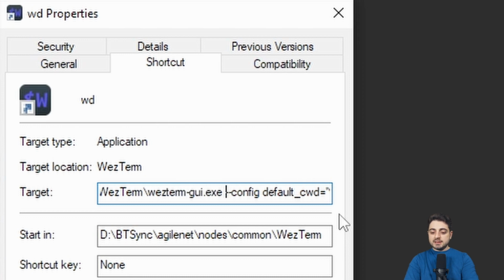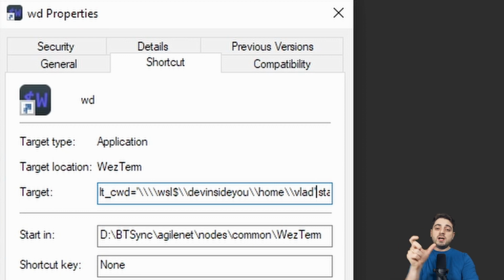Okay, and after this, I said, okay, --config. I know it's super tiny. We're gonna zoom in for you guys, and then default change working directory equals, and I've showed this to you in my WSL videos, right? So bunch of slashes, WSL $, DevInsideYou, which is my WSL distribution for recording videos over here, and then home vlad, right? So this tiny thing, it overrides the part in the config with the starting directory,